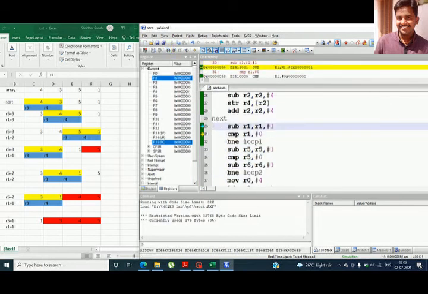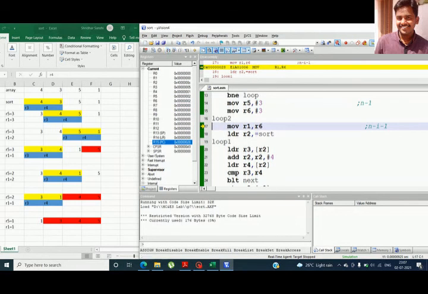So now I will reduce the number of comparisons value, that is R5. It is not 0, so I will go back and reduce this, n minus i minus 1. I is 1 now, n is 4, 4 minus 1 is 2. That's what we have in the register R1.